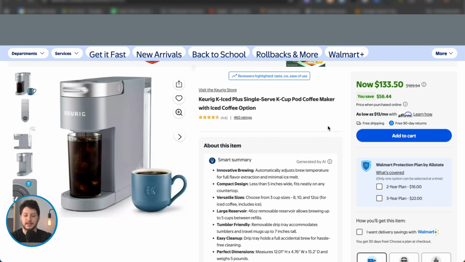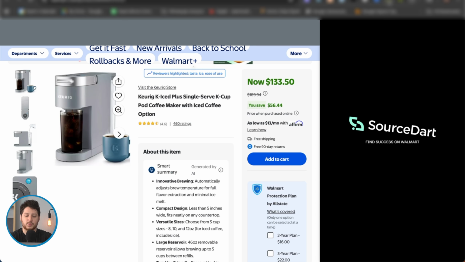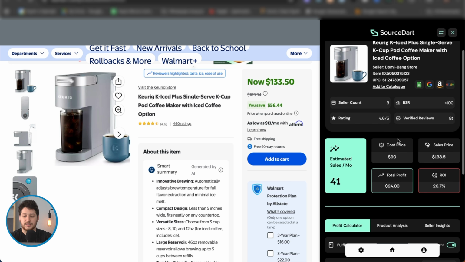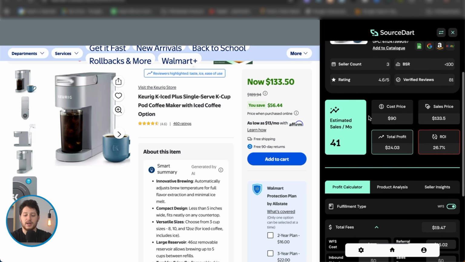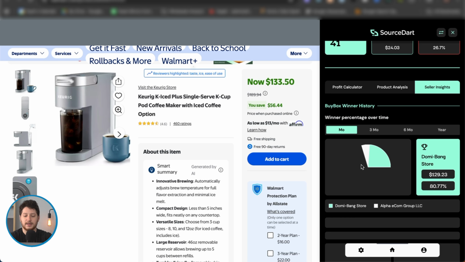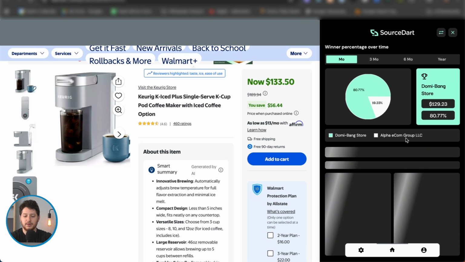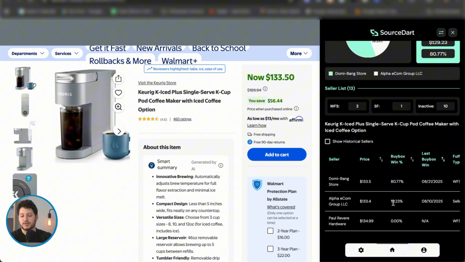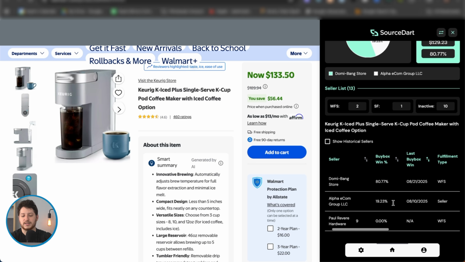So I'm going to head to the listing, and from here, I can now open SourceDart again, and I can do a more in-depth analysis on this listing. So we've already looked at all of the key metrics. What I'm actually looking at right here is I'm going to go to the seller insights, and I'm going to take a look, number one, at the buy box share. So I see that the buy box has been split between these two sellers. They're both sharing it,